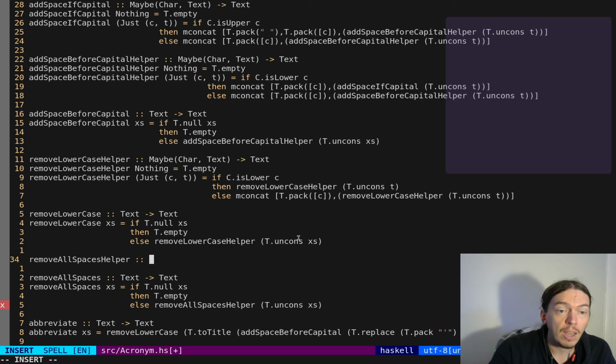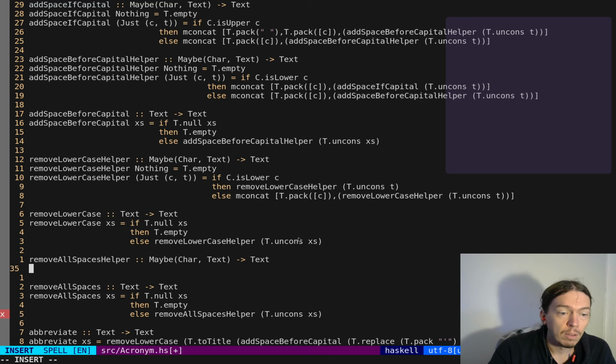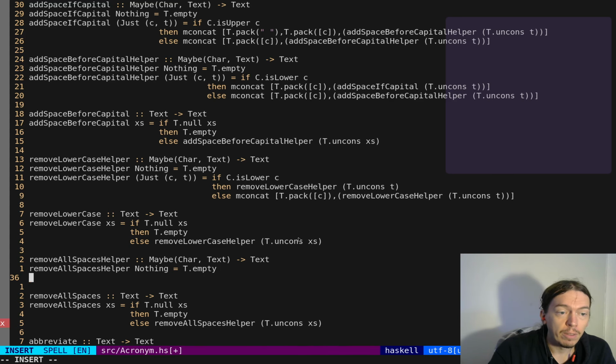It takes a maybe char text, gives back a text. Remove all spaces helper, we'll do nothing, empty, and then remove all spaces helper,